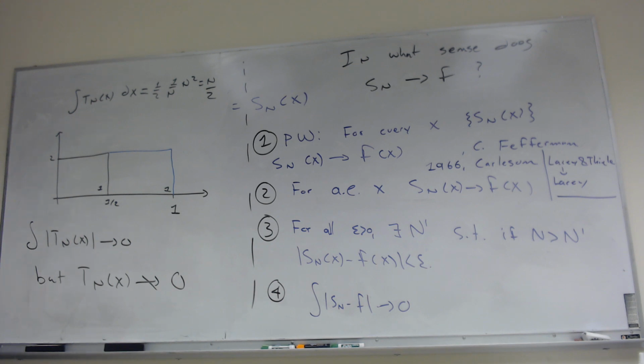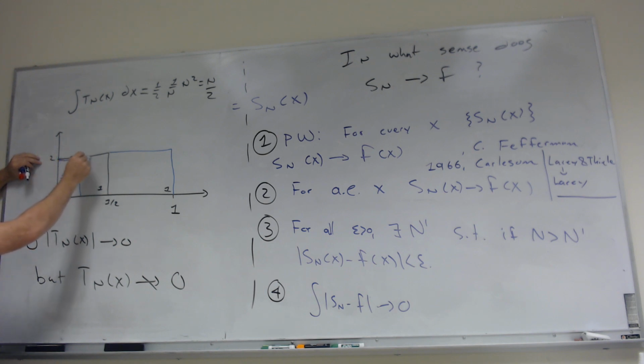Okay, next, the next function in the sequence is going to be the function that goes, this could be 2, or this could be 1, I don't know why I made it 2, sorry. I think just so the area is always 1, but I don't know. Anyways, I want to look at now the function that's just going to be 2 from 0 to 1/4. This is the third function in the sequence. So what is the area of this? Well, the base is 1/4, the height is 2. So the area is 1/2.